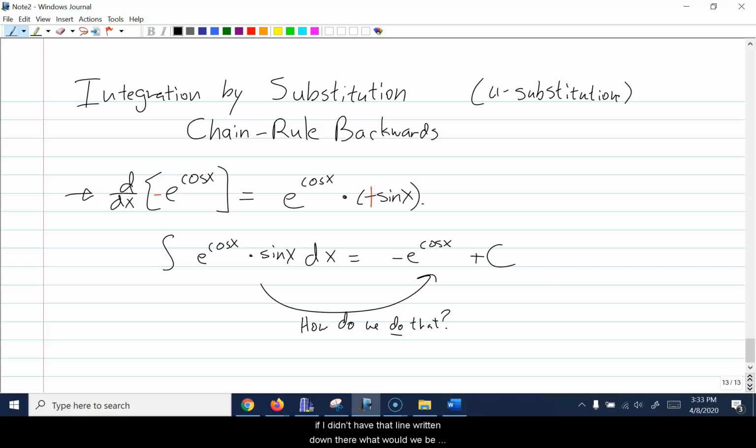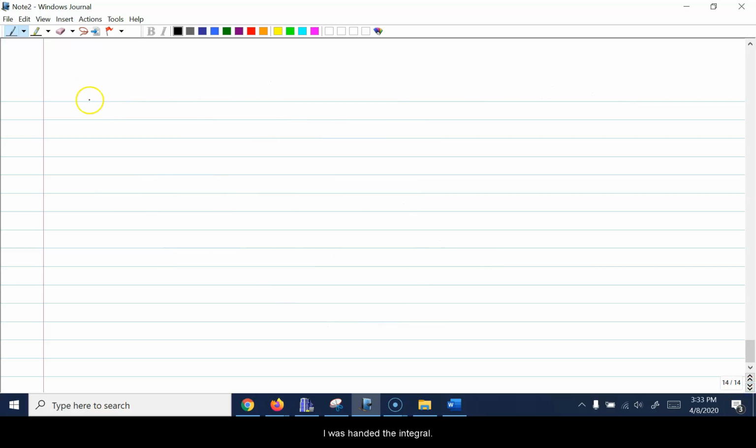If I didn't have that line written down there, what would we be doing? Can we break this up into steps? Substitution is the technique that lets you do this in a more organized way. Let's take this problem and do it in slow motion in substitution to see how this would happen. If I was handed the integral of e to the cosine x times sine x dx, how would I do a substitution? Well, step 1,